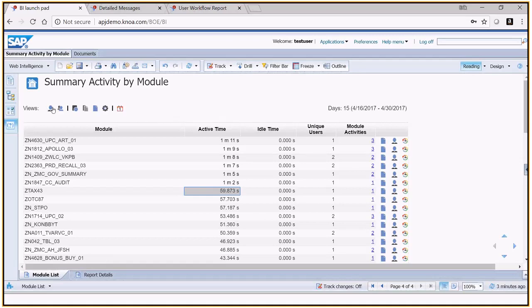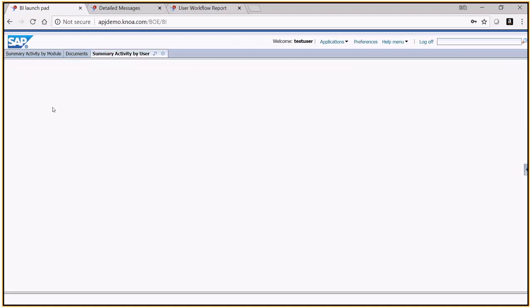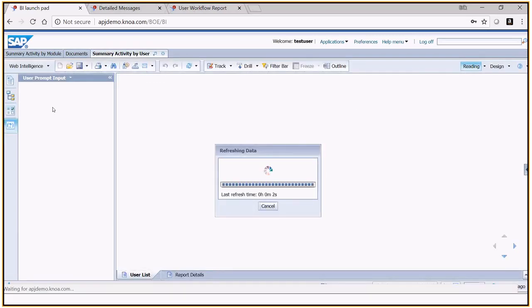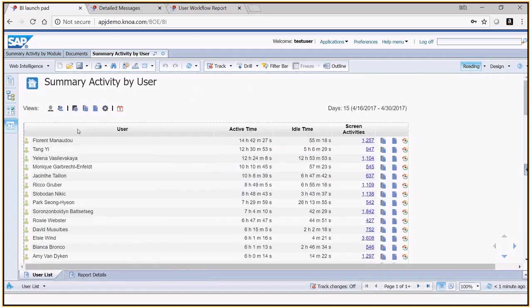Now I want to draw your attention to the same data, but let's look at it from a user-centric point of view. What I've done is essentially aggregate this by user, and now we're seeing the users themselves and how they are adopting their SAP licenses. From a user perspective, you can see things like this: this user has roughly seven and a half hours of active time and 26 hours of idle time. Whatever the user is doing can obviously be improved. When a user is idle, they are logged into the system, so a lot of times they're blocking functionality from other users, and that's a very common issue